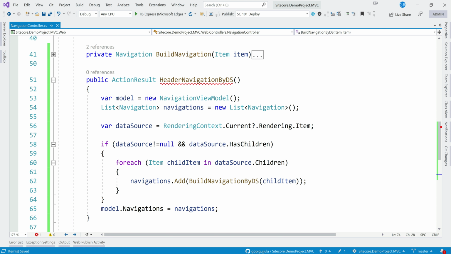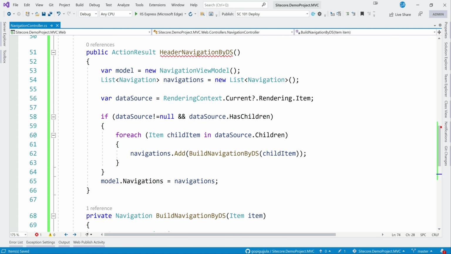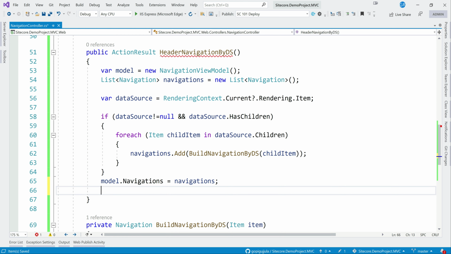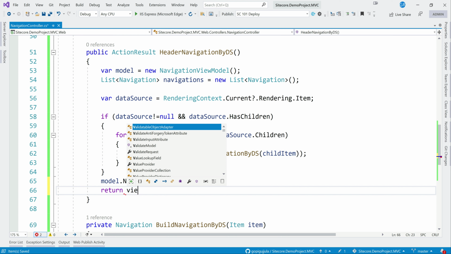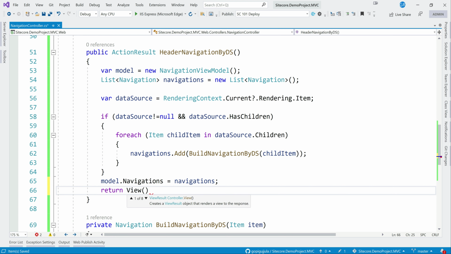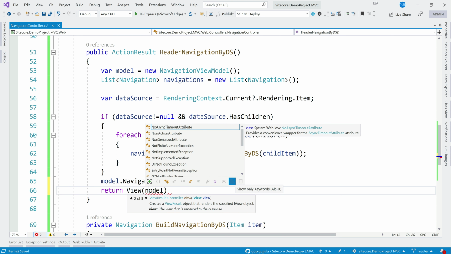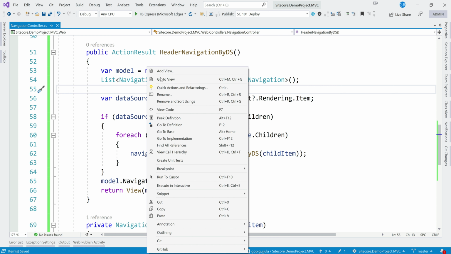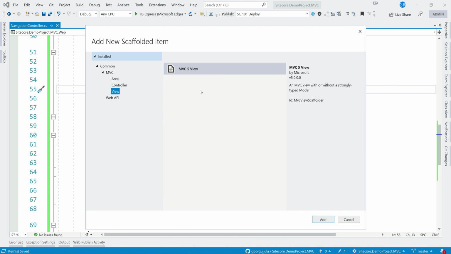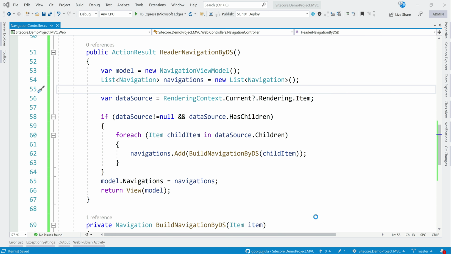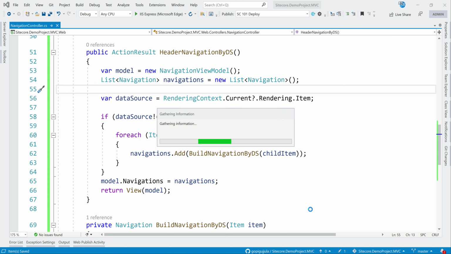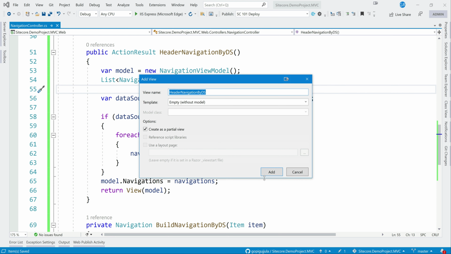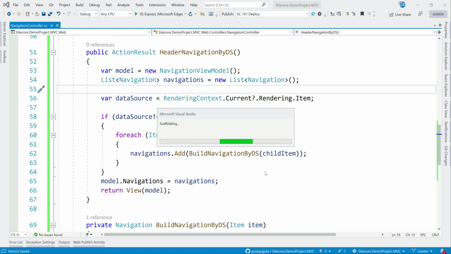Till here it will be, sorry, yeah, so I need to return the model anyway. Sorry, return the view and the model, but we have not added this. So let me add this view, MVC5, yes, create partial view.